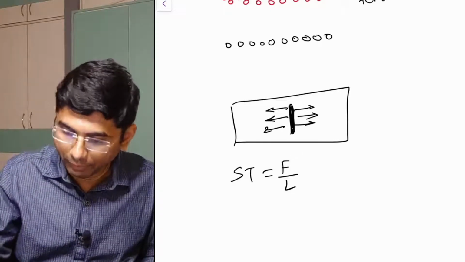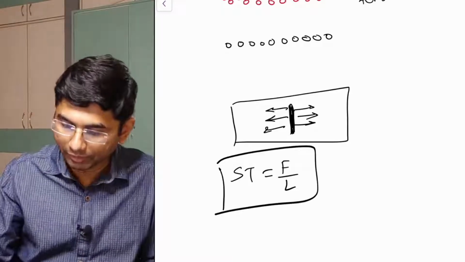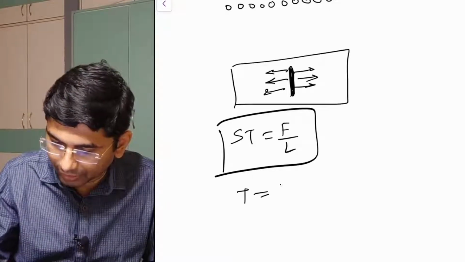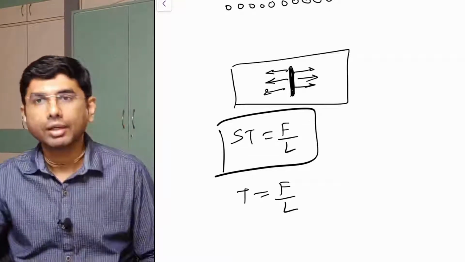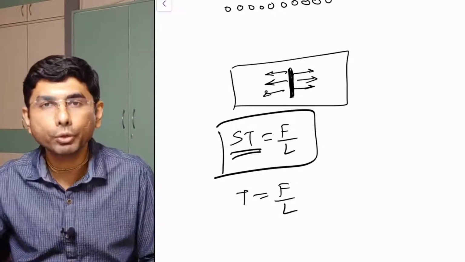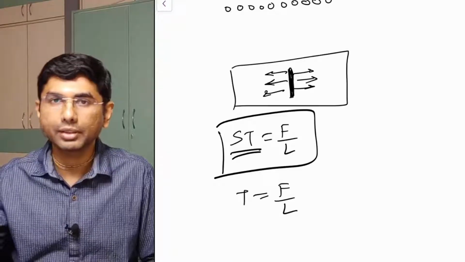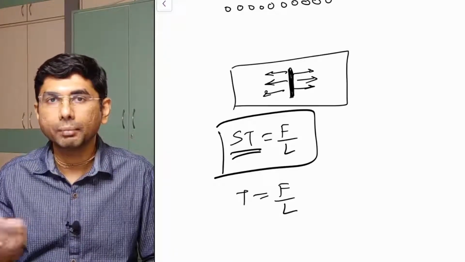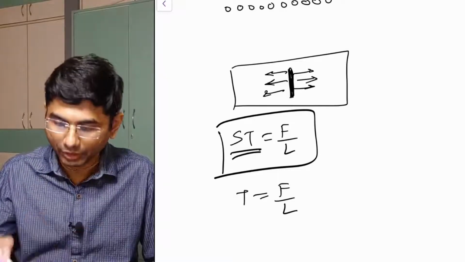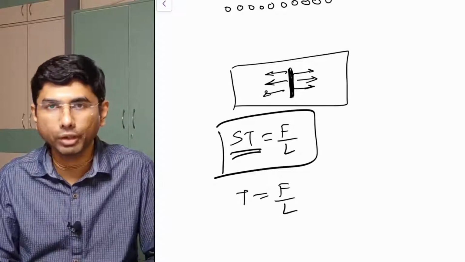Now this formula is very important for us. Surface tension is equal to force upon length, and mostly surface tension will be given to us. Now the formula given in the book is tension is equal to S upon L. This is also okay, but I purposefully wrote surface tension because I don't want you to get confused with the tension we used to say when we had a pendulum and many other cases where the bob is tied with a string. Now this is not a force. Here we just understood the formula: surface tension is equal to force upon length.